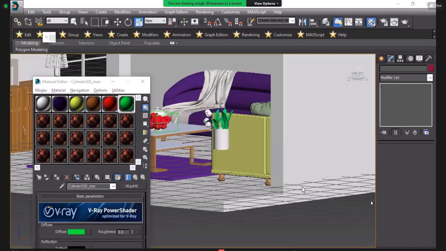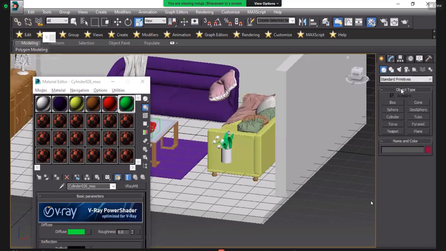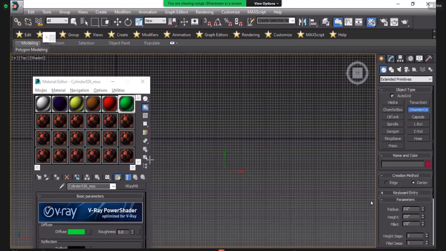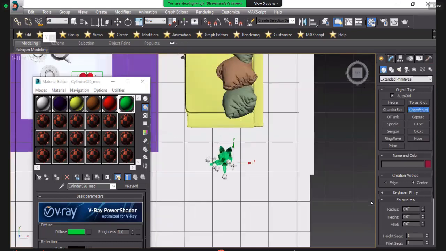I will make it using a chamfer box. Okay. So how can we do it? Go in the extended primitives. Take a chamfer box circle. I think here it's chamfer circle.